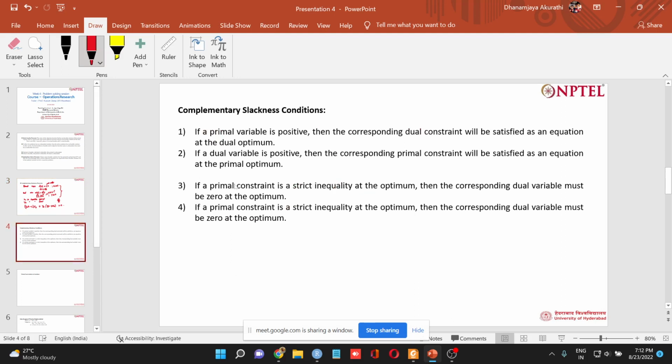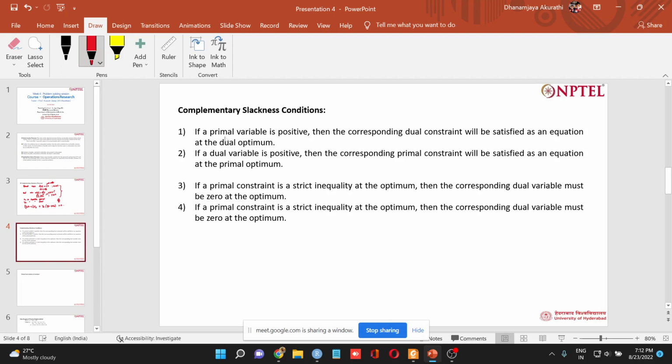Previously we had seen the complementary slackness theorem, and now we can see the complementary slackness conditions. What are the complementary slackness conditions? There are four actually, but typically you can state them in two ways. The first way is: if a primal variable is positive after solving the primal LPP, then the corresponding dual constraint will be satisfied as an equation at the dual optimum. That means after solving the dual problem also, at dual optimality,